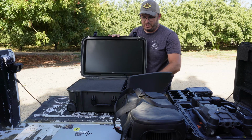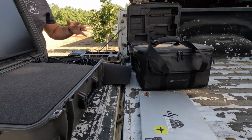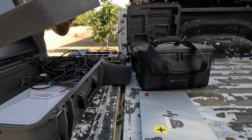So this case comes with a built-in inverter and charger, and that's where I kind of keep all of the other cords. So for instance, there is the cord to my laptop. These are all the cords to the monitor and the inverter. And then we have this block of foam,